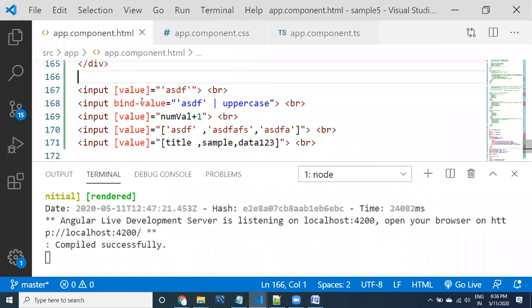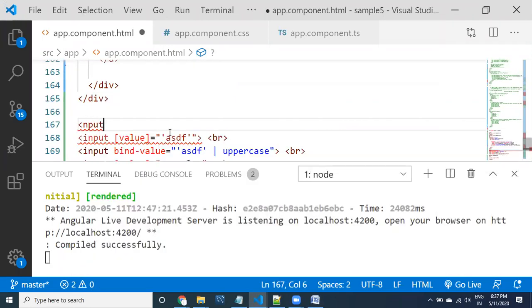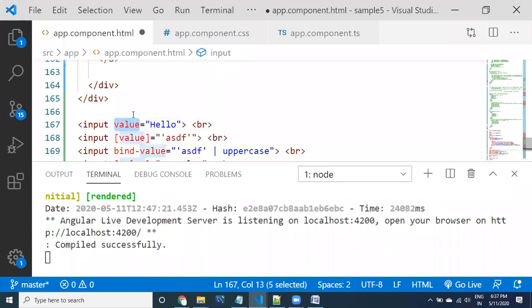Now input, and the value equal to, directly I'm providing hello. This can be called an attribute, guys.